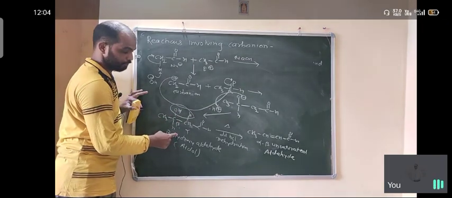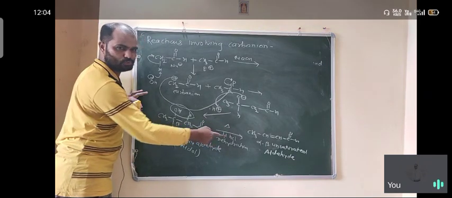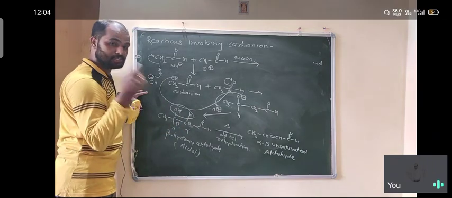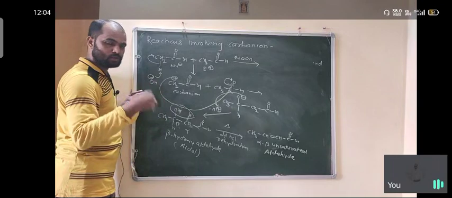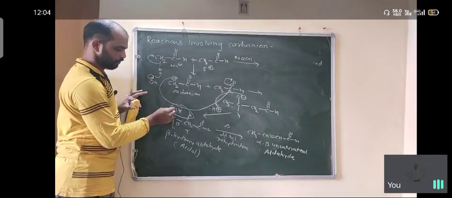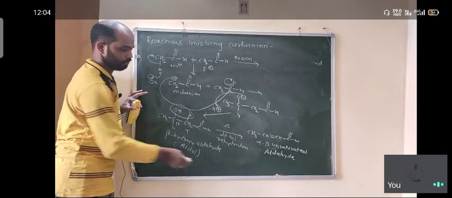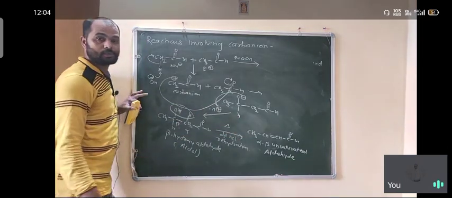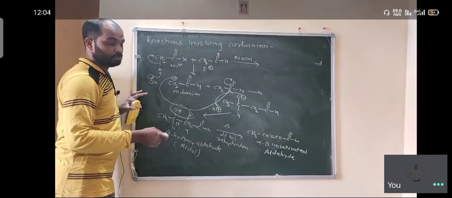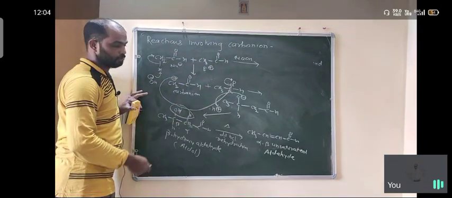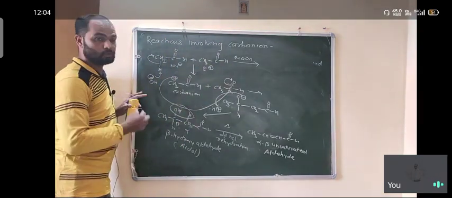It is your product. On heating, if dilute HCl is used, because OH is not a good leaving group, in dilute HCl OH becomes a good leaving group, and because of protonation, OH converts into H2O and is easily lost. So here there is formation of a carbon-carbon double bond. So an alpha beta unsaturated compound is formed. It is the final possible product of the aldol condensation reaction.